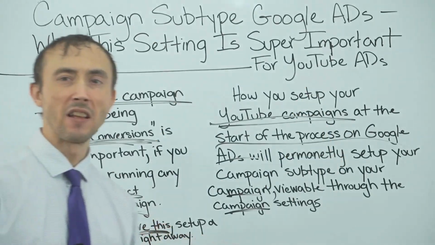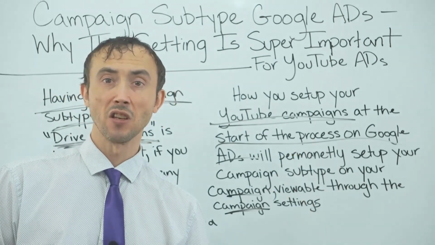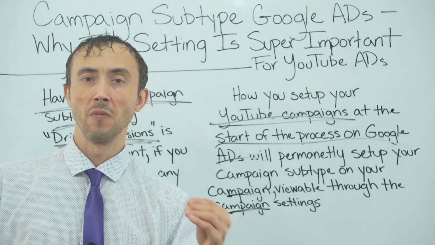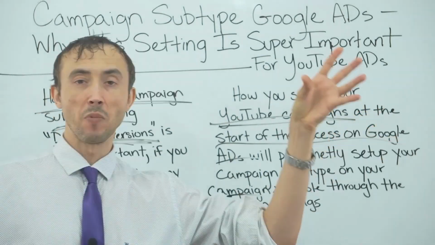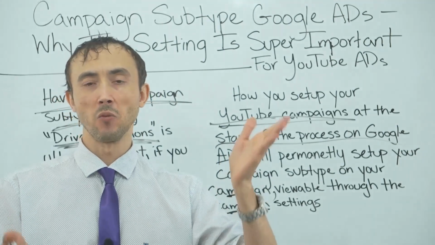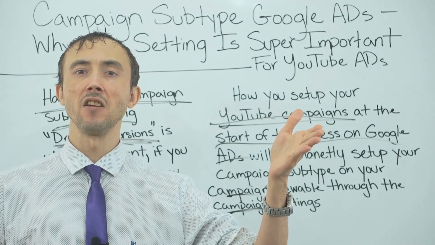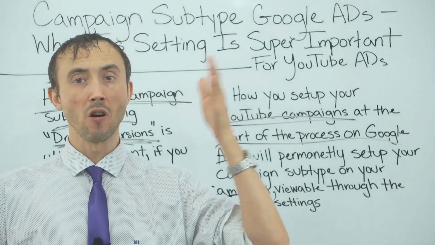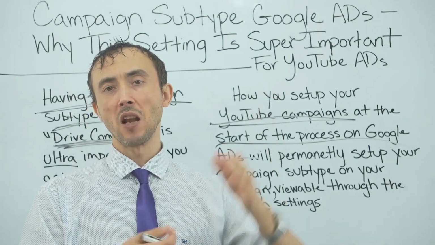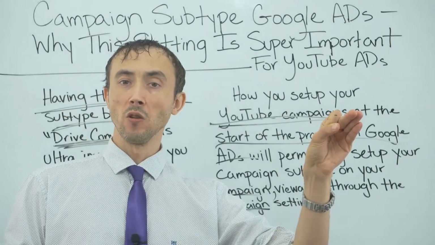If you do have a campaign that's set up for the reach and awareness campaign subtype, and it is converting somehow, which I haven't seen any campaign set up with that subtype actually convert almost at all, but you're able to get that to convert, set up your new campaign anyway and then split test it is what I would tell you. And that old campaign, because it has so much campaign data behind it already, you've been running it a long time, you still also have conversion tracking in your account, you may find that the new campaign you set up with the campaign subtype drive conversions may not convert as well as your old campaign